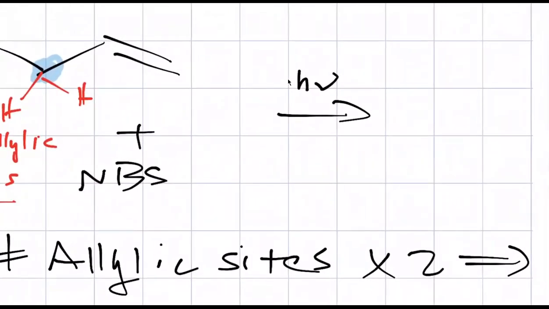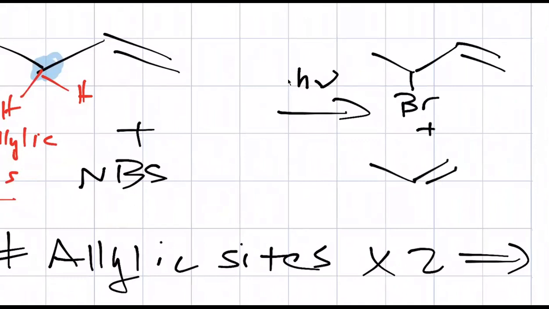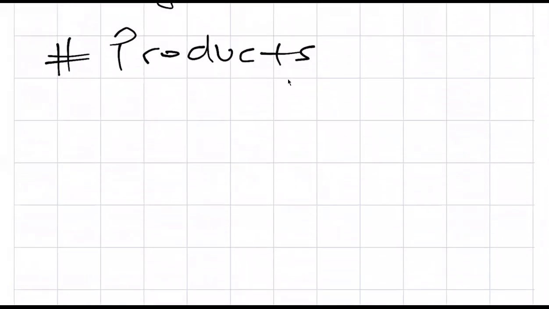I'm definitely going to get a product with a bromine at the allylic site, right here. But I'm also going to get a product here on the other carbon. And there's a reason for that. When we go through the mechanism, you're going to see why that's so. Right. So in the mechanism for the reaction,